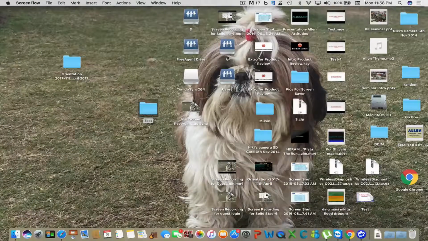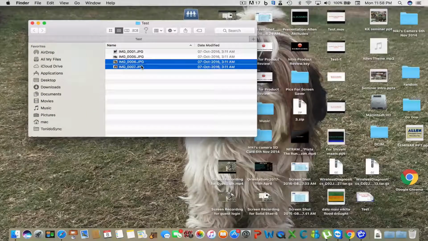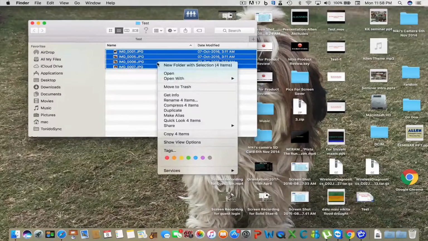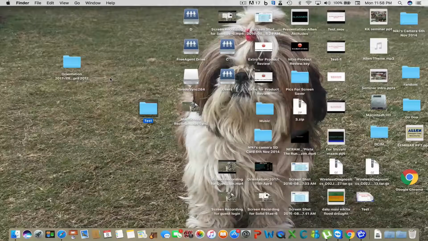So this is the Mac, and the first thing that we need to do is to create a folder, and I've already created a folder called test, and it also has those 4 images. Let me delete those. Yeah, now it's empty. Now of course the name of this folder and the name of that folder need not be same. This is just a coincidence that there I made a folder called test, and here also I'm making it test, so it is easy for me to understand which one to sync with which one. But otherwise you can have different names, there is no problem there.